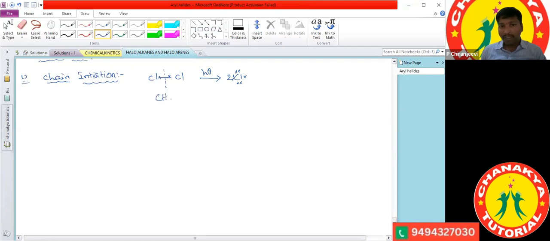Methane. So methane I am writing as CH3 bond H, between the carbon and hydrogen. Again, we have